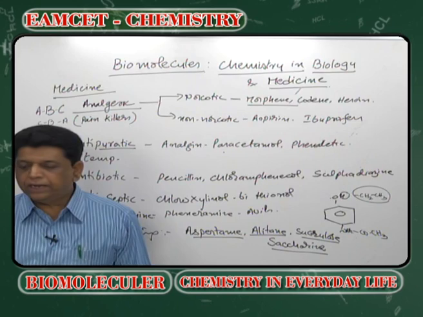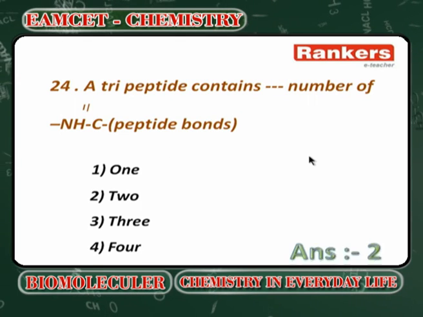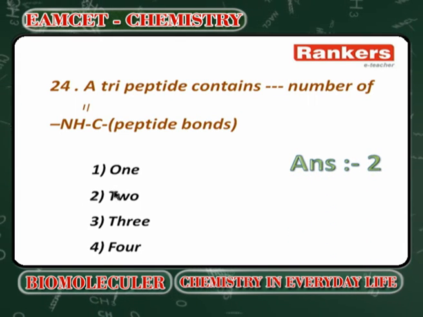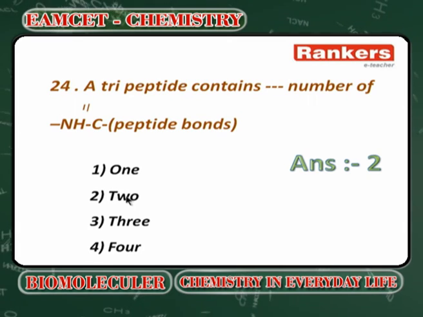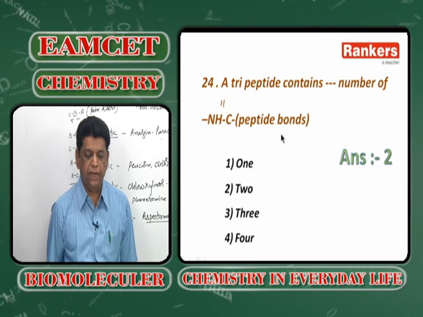A tripeptide contains 2 NHCO peptide bonds, so the second answer is right. Next. 3 amino acids will be there, but 2 peptide bonds. Three amino acids, two peptide bonds will be there. Next,